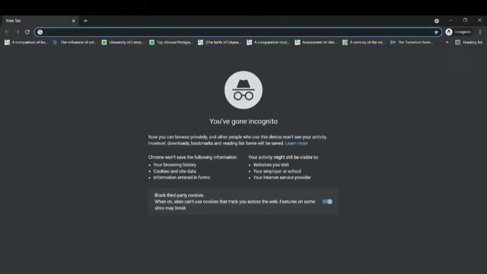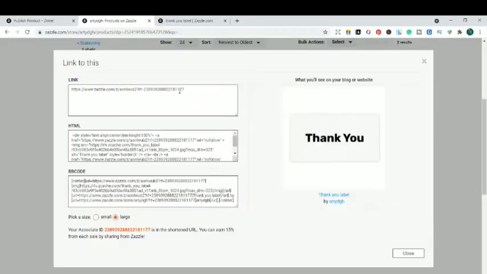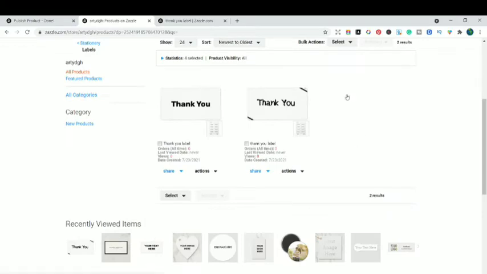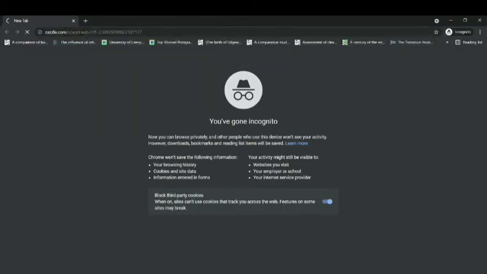We're going to paste it and just scroll down. This is a link of the product. I'm just gonna copy it and just close it. Go to the incognito window, paste it.